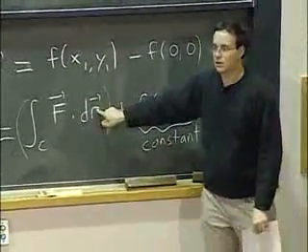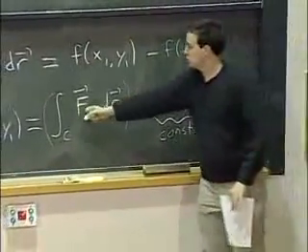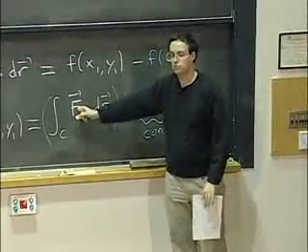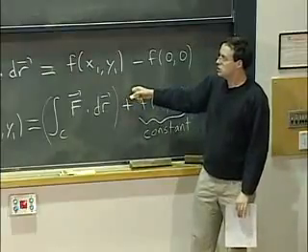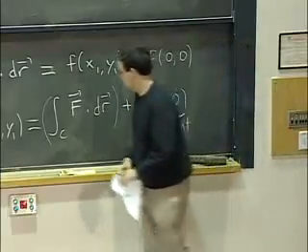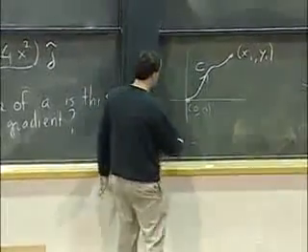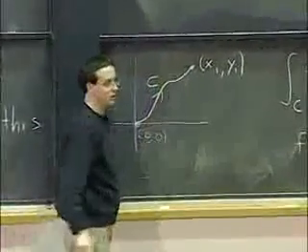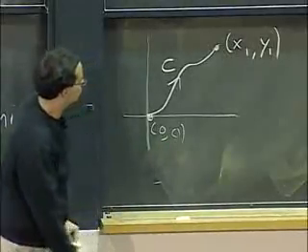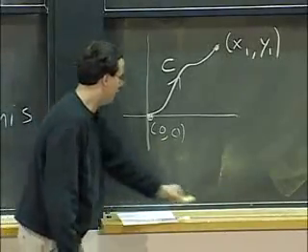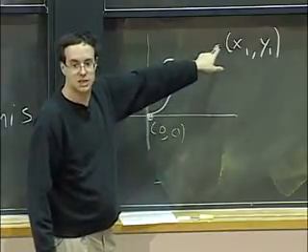And this we can compute using the definition of a line integral, because we don't know what little f is, but we know what the vector field is. So we can compute that. Well, of course, to do the calculation, we probably don't want to use this kind of path. I mean, if that's your favorite path, then that's fine, but it's not very easy to compute the line integral along this, especially since I didn't tell you what the definition is. So there's easier favorite paths to have. For example, you can go on a straight line from the origin to that point. That would be slightly easier.